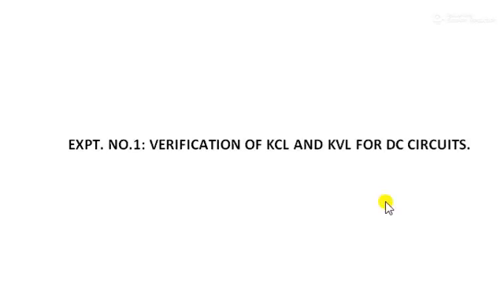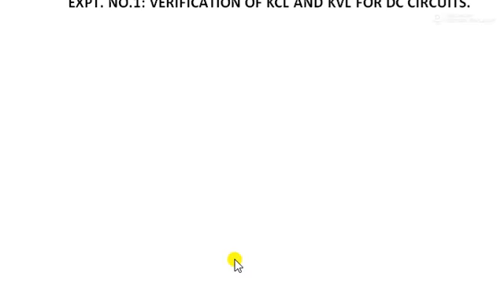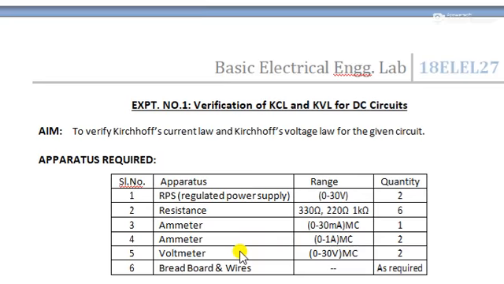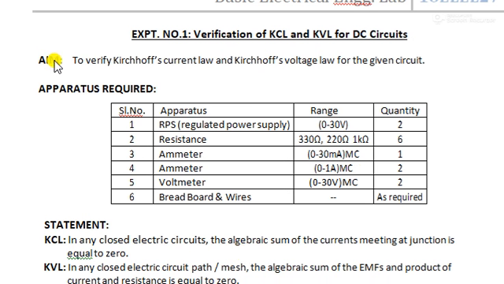We'll discuss experiment number 1, that is verification of KVL and KCL for the DC circuits. Let us go through the aim of this experiment: to verify Kirchhoff's current law and Kirchhoff's voltage law for a given circuit. Now, the apparatus required for this experiment: 2 RPSs are required, resistances are